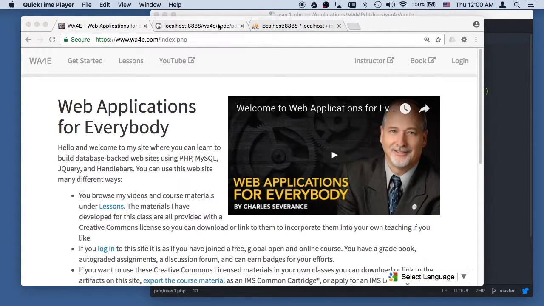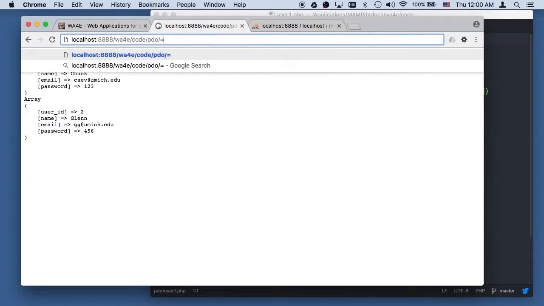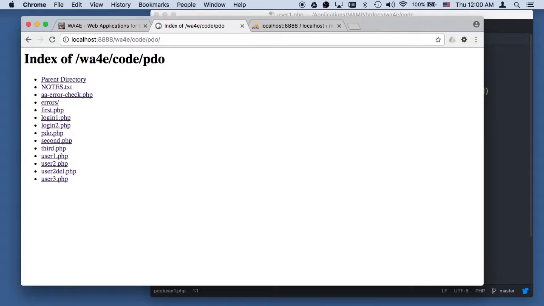Right now we're working through some of the code for the PDO, Portable Data Objects. Now you have to run this on your own localhost and you have to follow the notes to get things set up. We did that in a previous video. So what I'm going to play with now is a little more useful code,